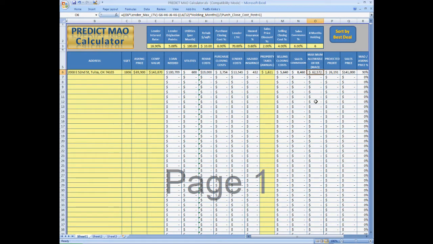So you might be asking, well, how do you figure the maximum allowable offer? It is a little tricky, but first we have to figure out E6, which is the comp value, times the lender maximum LTV, which in this case is 70%, and you can change these values to whatever you want, minus the utilities, minus rehab cost, minus the hazard insurance, and then minus the property taxes, and also minus the